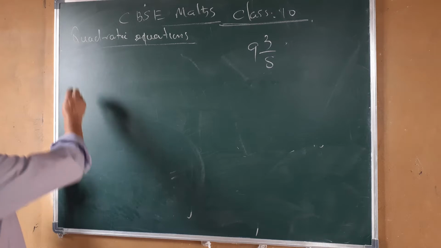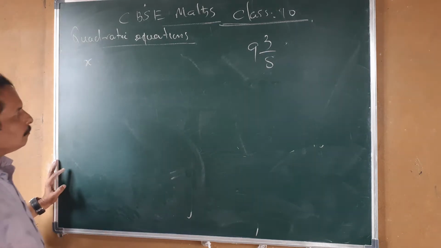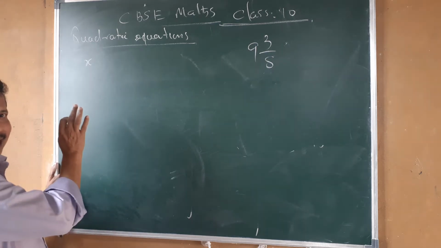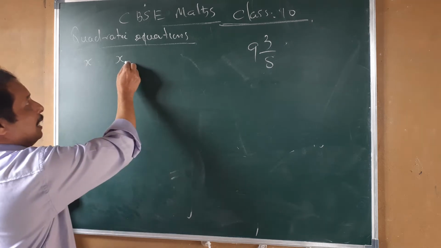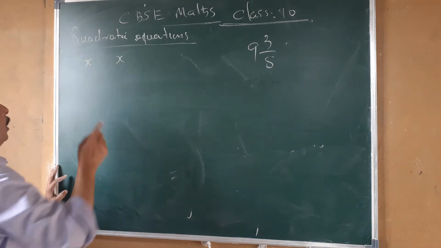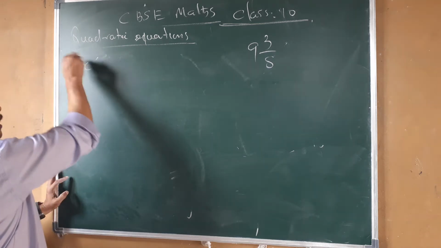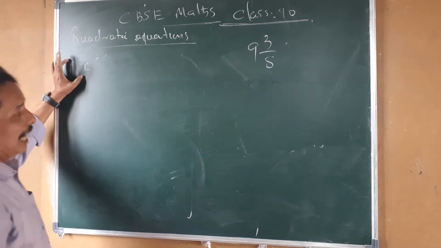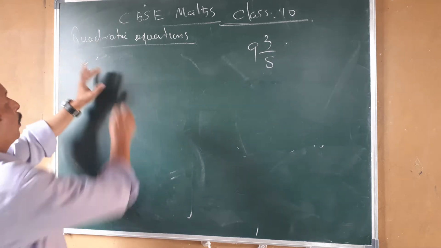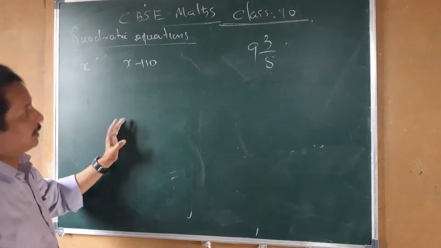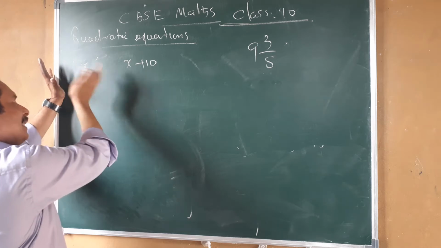If the time taken by the smaller tap is x, is it clear? And the larger one takes 10 hours less. So actually it is x minus 10. Otherwise, if the time taken by the larger diameter pipe is x, so automatically the smaller one is x plus 10, because the larger diameter tap takes 10 hours less.